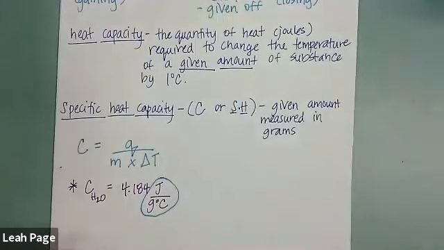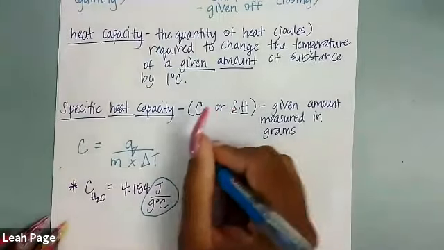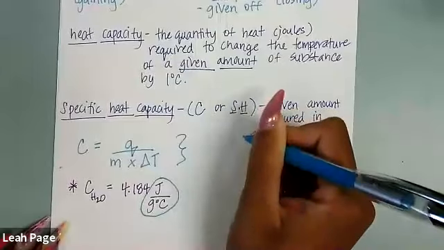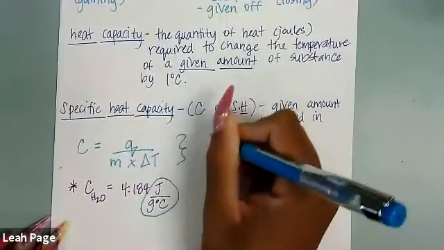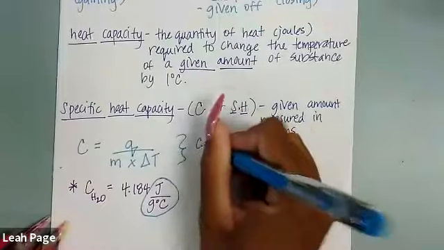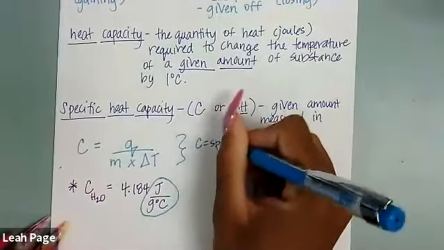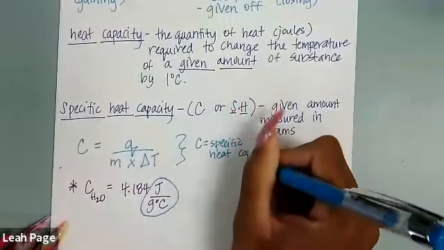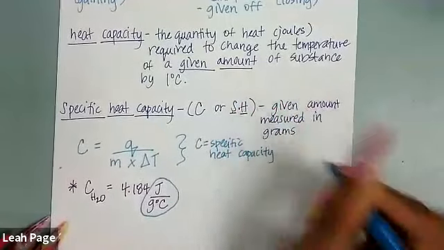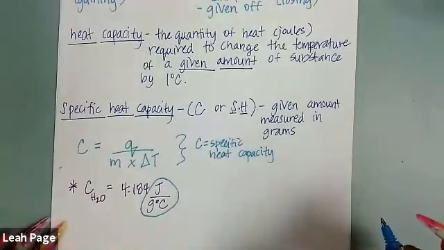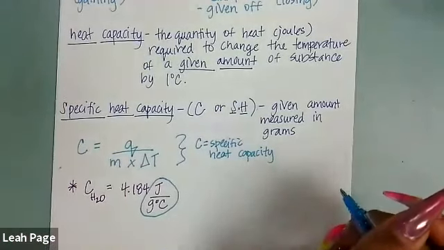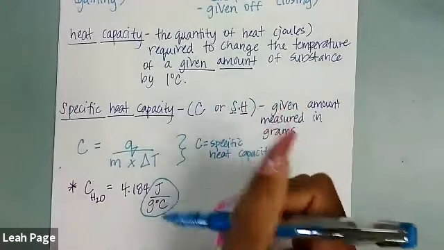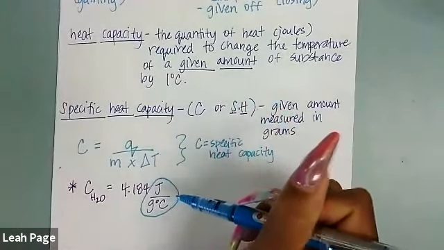So let me write out what all this means. In this case, when we talk about this equation, do I hear a question? Yeah, what does the triangle mean? I'm going to tell you. So C, remember, stands for specific heat capacity. Specific heat capacity is one of those measurements like density, where it doesn't matter how much of a substance you have, the specific heat capacity of that substance is always going to be the same.